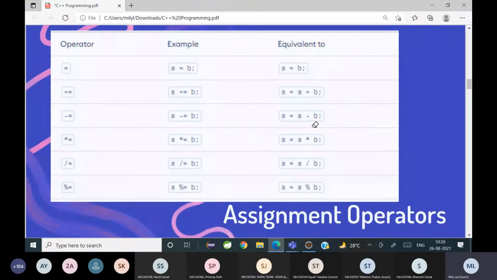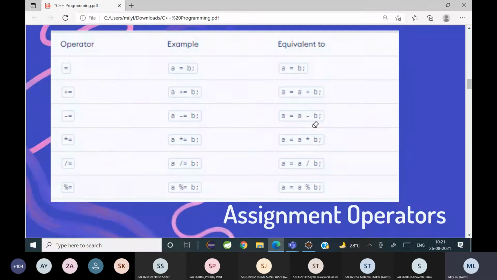Value है is getting copied to a. Okay, so that is the use of assignment operator. अगर दो equal to sign है तो वो equality checking है. Whereas एक ही equal to sign है तो it is called an assignment operator. And different ways you can use an assignment operator.